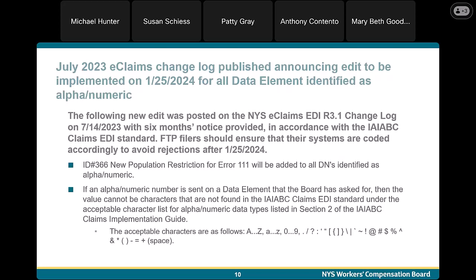If an alphanumeric value is sent on a data element that the board has asked for, then the value cannot be characters that are not found in the IAIABC Claims EDI standard under the acceptable character list for alphanumeric data types, which are listed in Section 2 of the IAIABC implementation guide. And I won't be reading through these characters, but please note them and refer to them at Section 2 of the IAIABC Claim Implementation Guide.